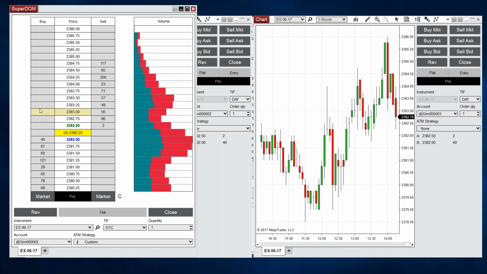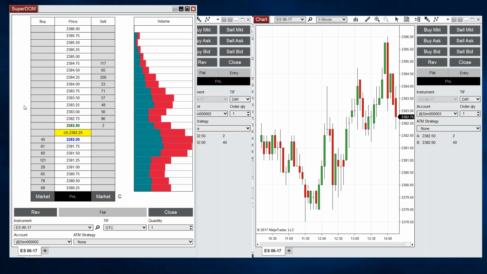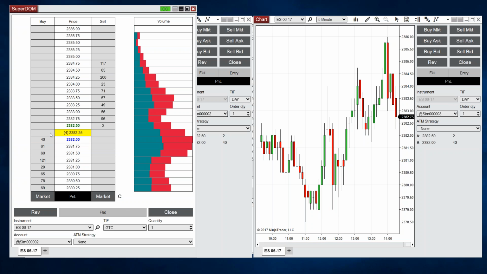I'll just close that. The other way to do it, if you don't want to use an ATM, let me select none, is you right-click, you select OCO order, and for example, I'm going to place a limit to buy, I'll place a limit to sell, turn off OCO. Now these two orders are tied together. Canceling one will cancel the other. And in the chart, it's the same thing. You can see here's that same ATM strategy drop-down box, so I just do the same thing I showed you in the DOM, or right-click, and I also have this OCO order menu item as well.